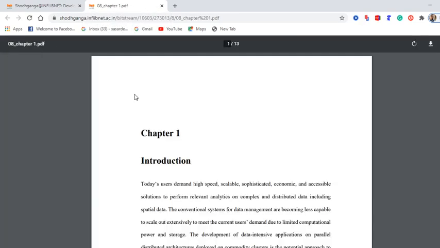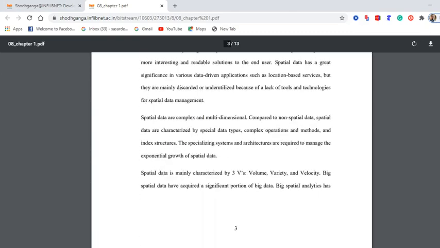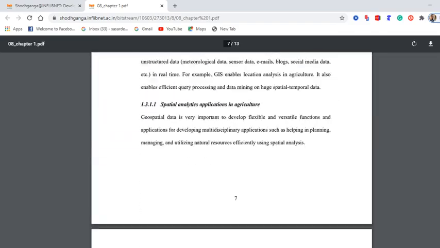It only needs internet connectivity, and 30 pages are included in chapter 1, which is named introduction, and when you go below, you can find all pages here.